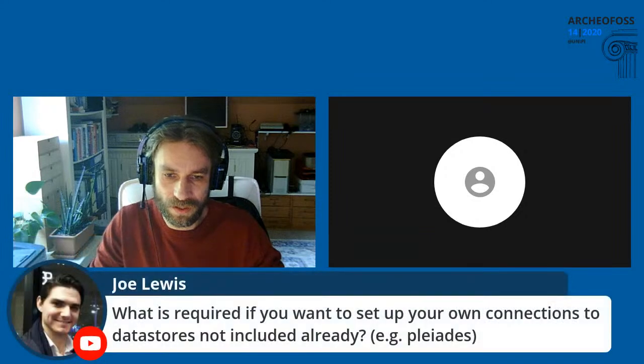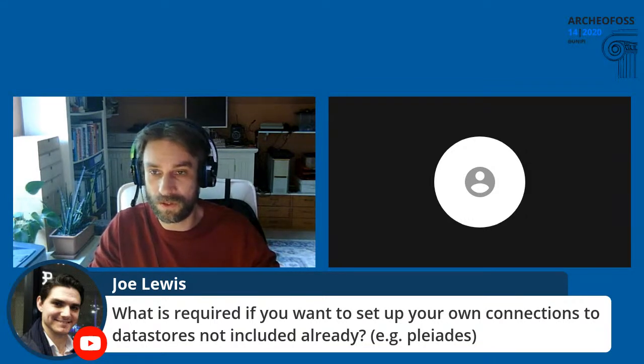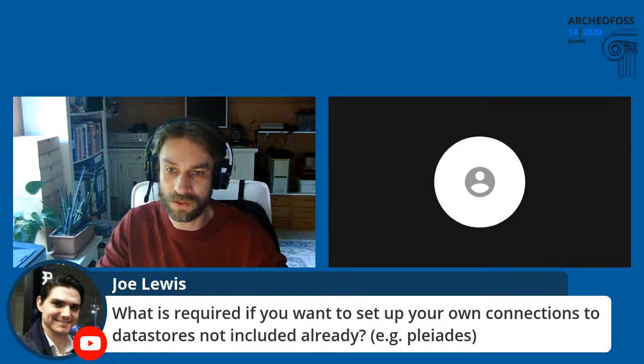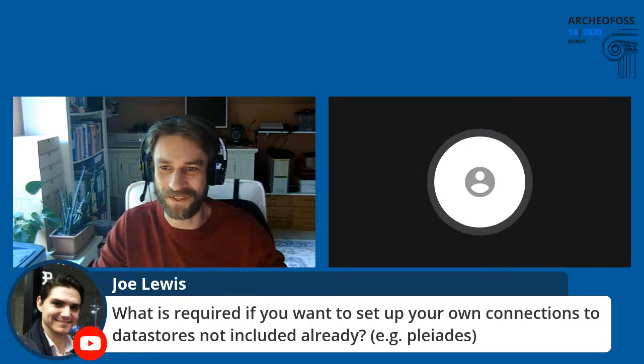Okay. We have a question here from Joe Lewis. What is required if you want to set up your own connections to data stores not included in your plugin already, I suppose that means? So for example, if you want to connect to Pleiades, how do you do that? Pleiades is actually included already,